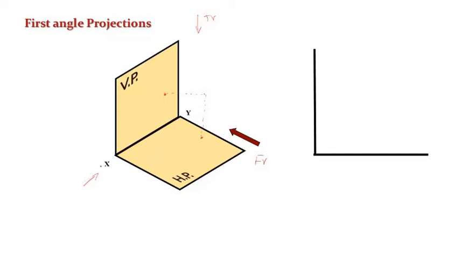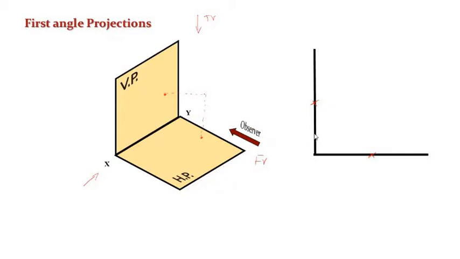So if you see from this view, what will happen? The point will be marked here for front view and marked here for top view. Again, it's an L-shaped thing, right? It's very difficult to always make this drawing with this L shape because it is the intersection of two planes. But our drawing sheet is made of a single plane. It does not have a plane perpendicular to one plane.